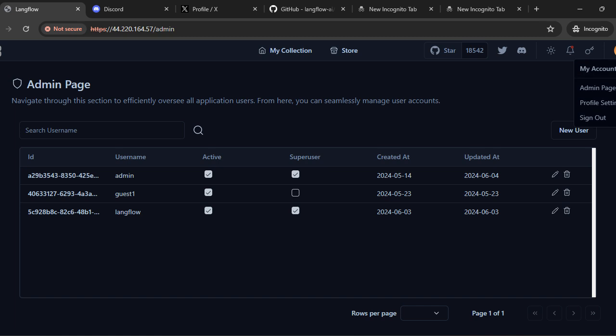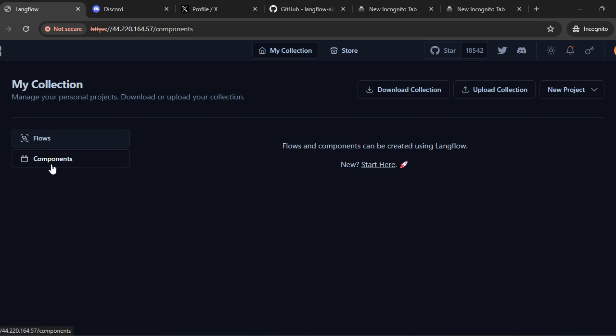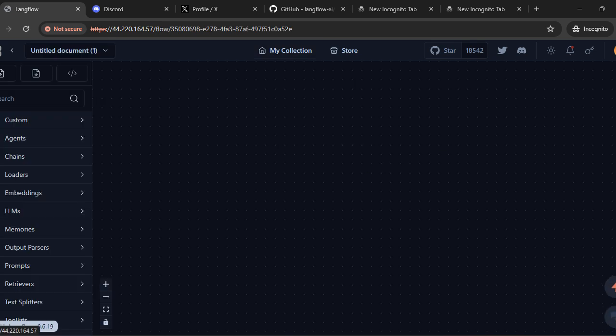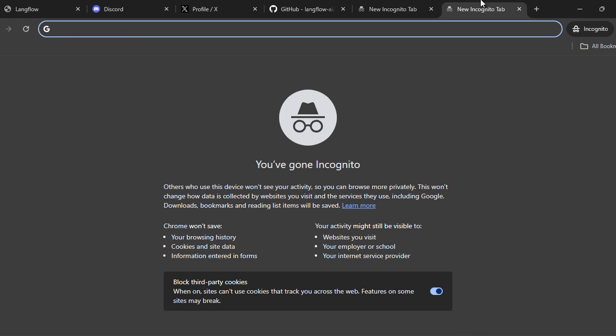Then if you click on my account, this is your account. And for components, you can start from here. And for flows, you can see the flows. Okay, and if you check the LangFlow documentation,